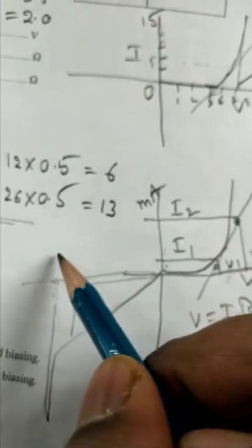So I will tell you why a breakdown is going to occur. In forward bias it is called cut-in voltage, where the current suddenly rises. That point is called cut-in voltage. In reverse bias, when the current suddenly rises in reverse, that is called breakdown voltage. Breakdown voltage you will take out. Here also, if you want, you draw a tangent, and in a similar way you are going to find out the reverse resistance also.